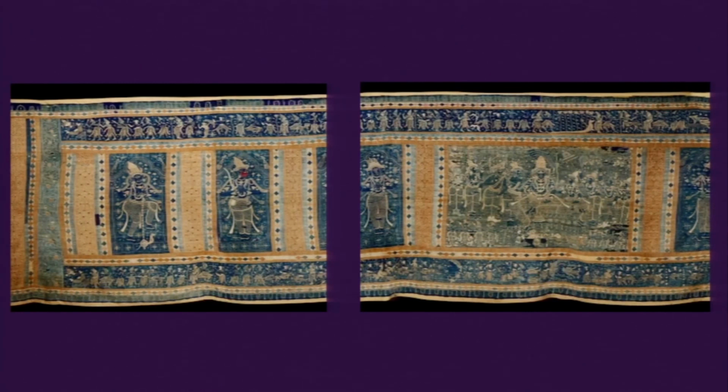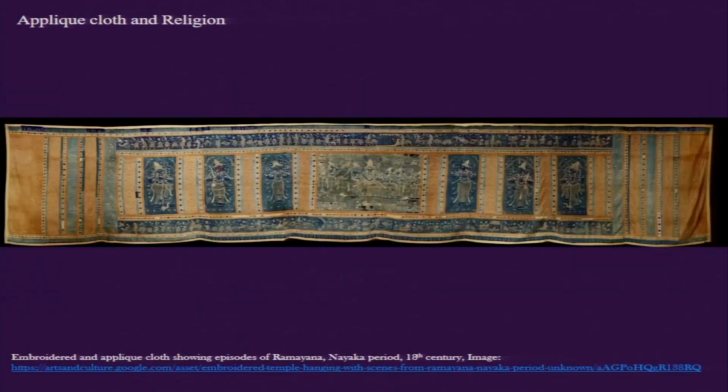And we also see this kind of imagery in the temple murals when we were comparing the temple murals with kalamkari hangings, and we can extend that to this embroidered fabric as well. This fabric was perhaps made in the Nayaka period, sometime in the 18th century, and we can consider it to be from part of southern India, perhaps Tamil Nadu. In this case, there is again a close correlation between mural making and temple hanging making. However, if we go back to the first image, we see that there is a clear border on two sides of this fabric.